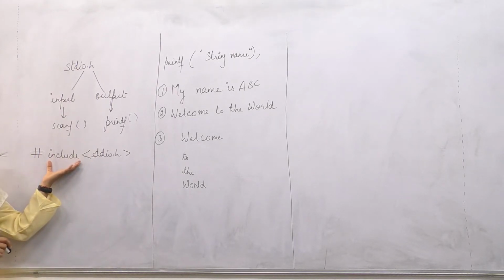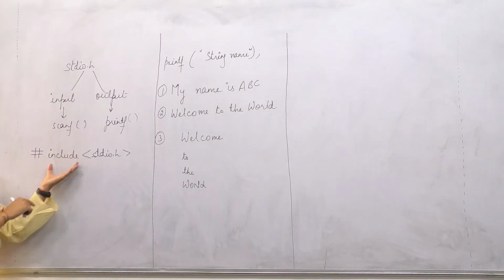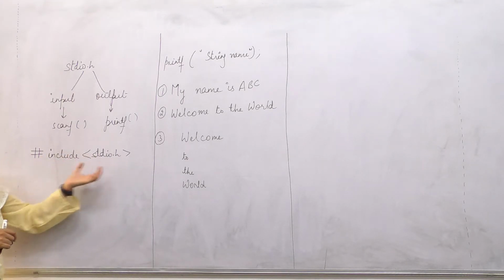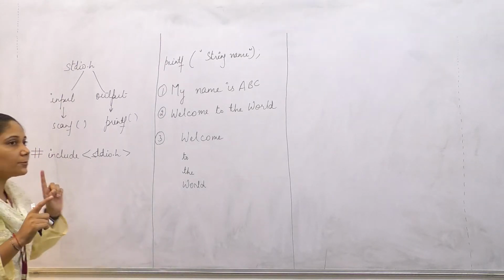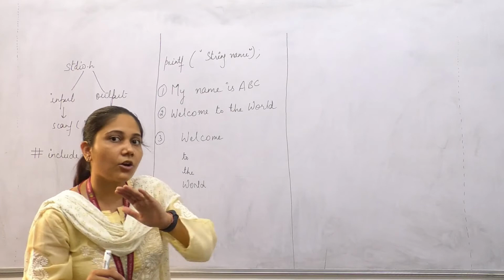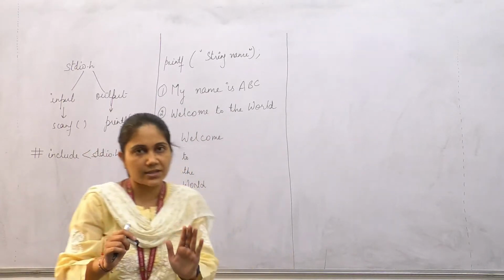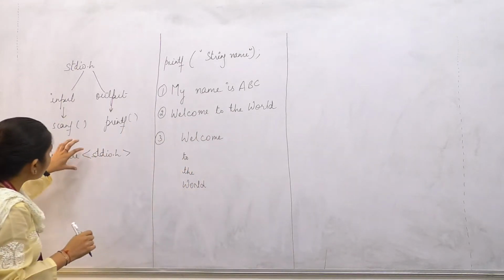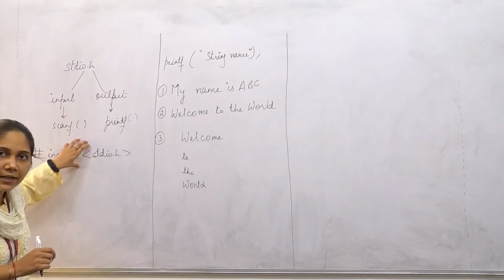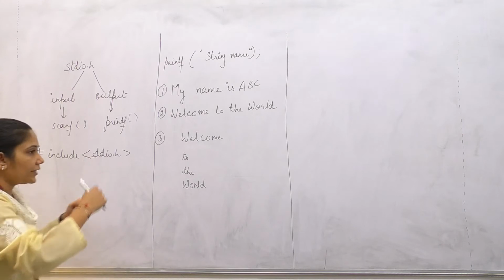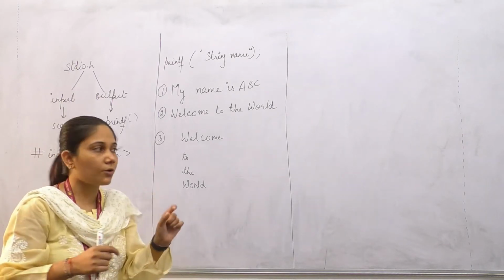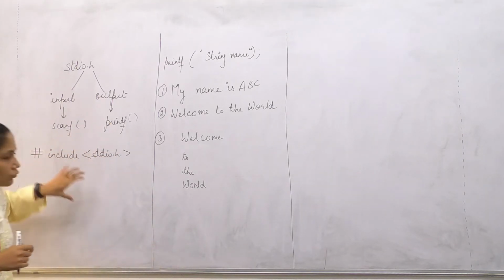Include is the directory, and in this directory you will find stdio.h. Hash is the preprocessor. I told you on that day about the preprocessor directive, and today in this lecture I will tell you how you will relate this preprocessed data with your compiled data, and which part or software is working in between these two things.